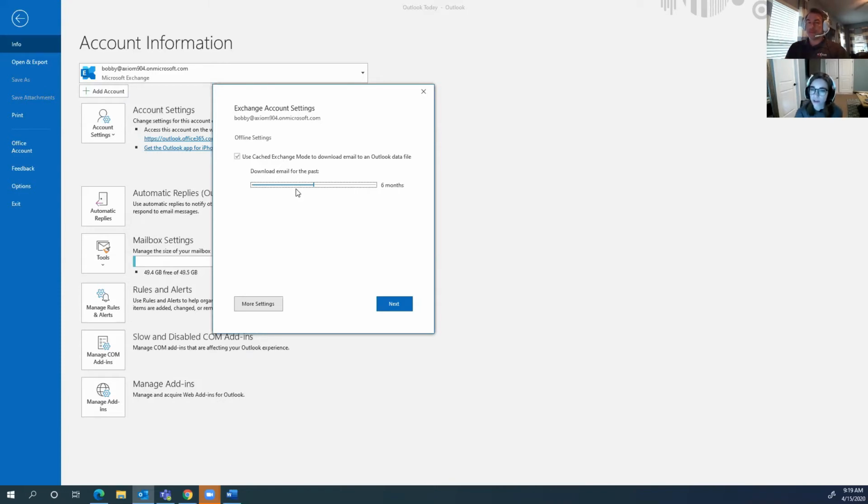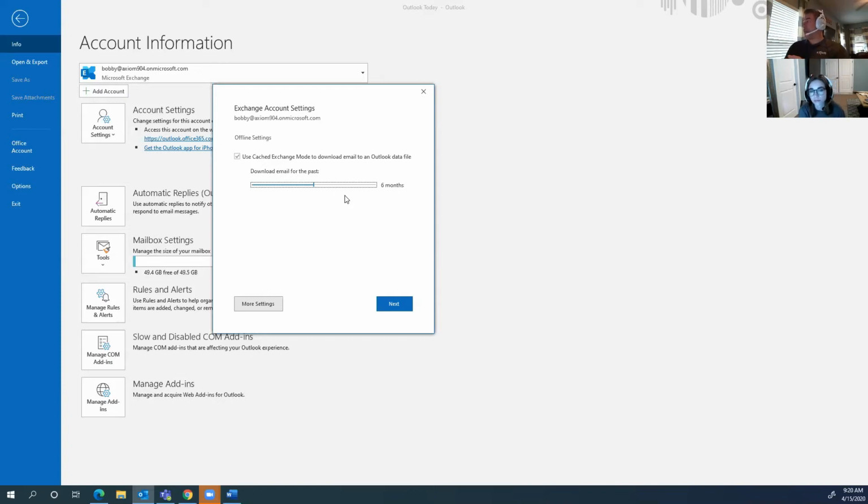Well, I'm sure it'd probably run better, right? Yeah, absolutely. So your performance on doing searches and other things will be much faster. But let's say that you have a problem with your Outlook and you have to crash it out and that file gets corrupted. You've got to pay the penalty to wait for that to pull all the way back down before you can start to be productive again. So having a smaller OST file allows you to be way more nimble.